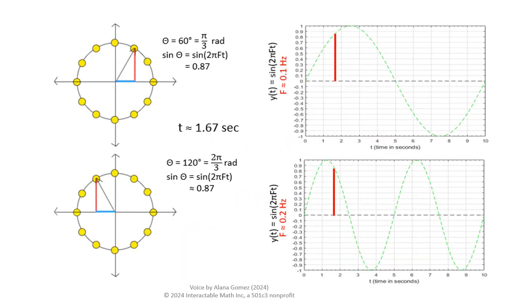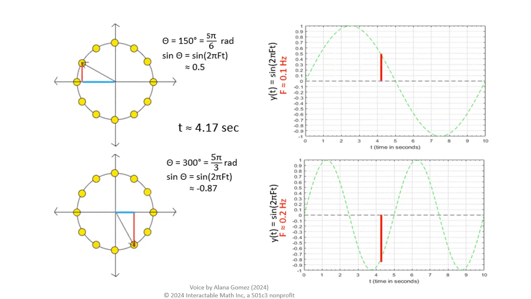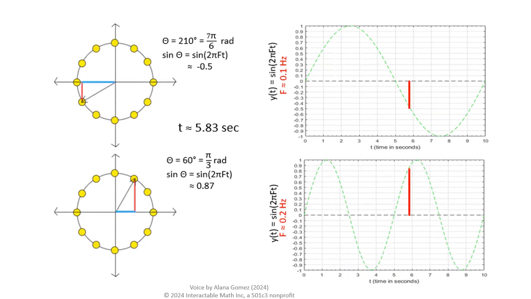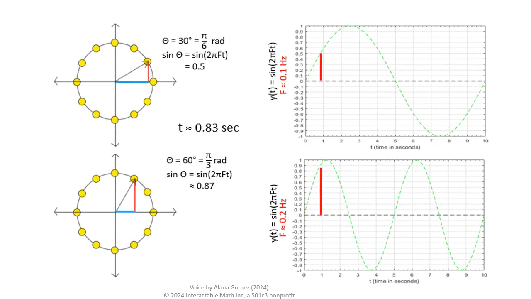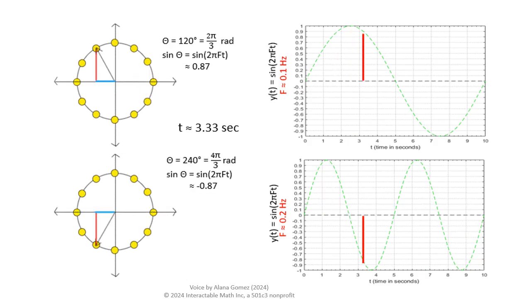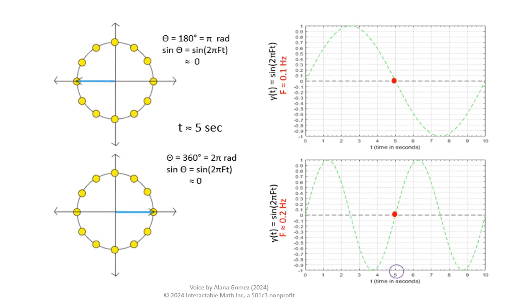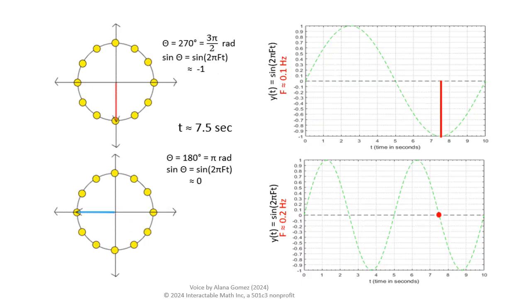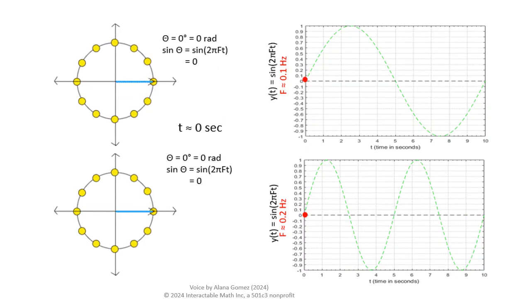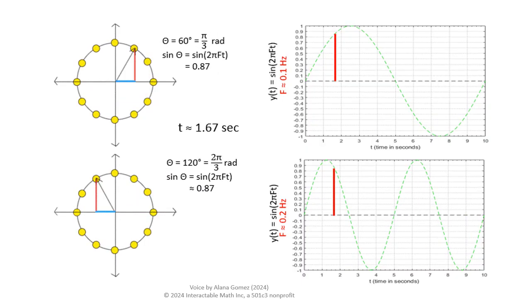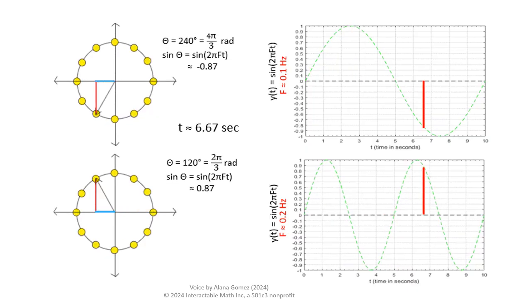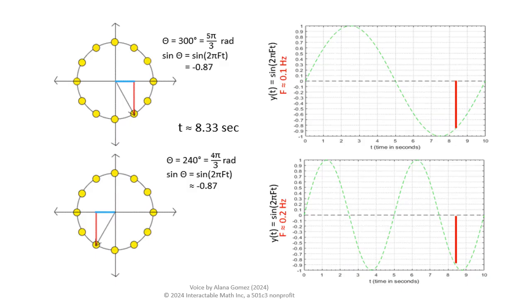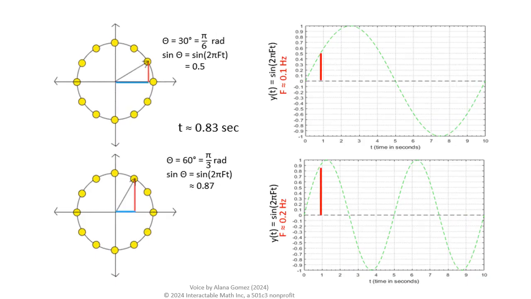Now, we can create our sine waves with the concept of time so we can see how fast the vector is spinning around the unit circle. Let's recreate the spinning vector on the unit circle we have been using, but let's use the new time based plot for the sine. The upper two diagrams have a period of about 10 seconds, as you are used to by now. The lower two diagrams of the spinning unit vector and its associated sine wave plot are exactly twice as fast as the upper two.